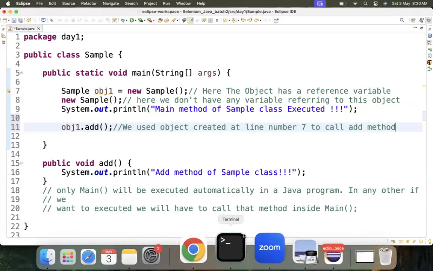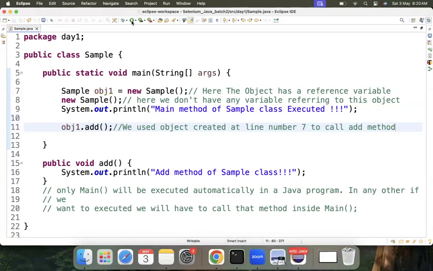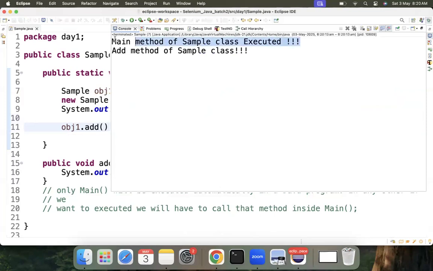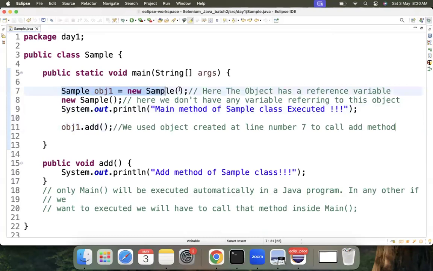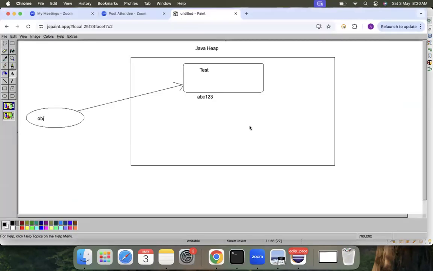Now, if I run this program, what will happen? First, the execution of the main method starts. First, an object will be created. Where will it be created? In the Java heap. As soon as line number 7 gets executed,